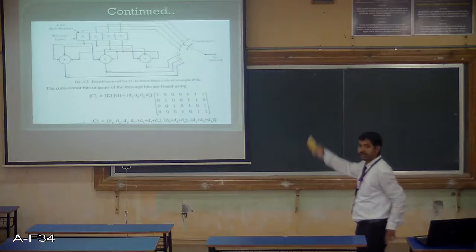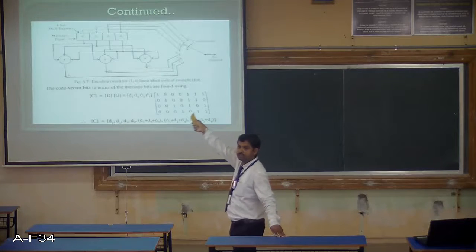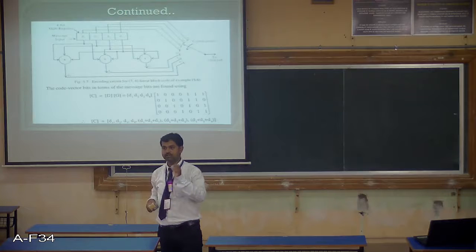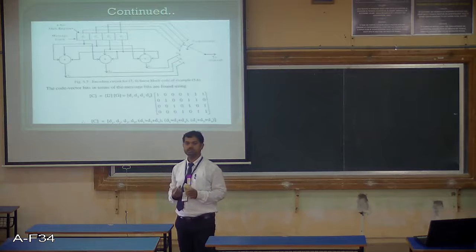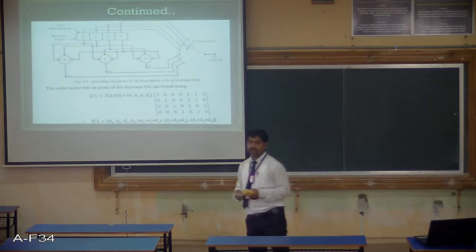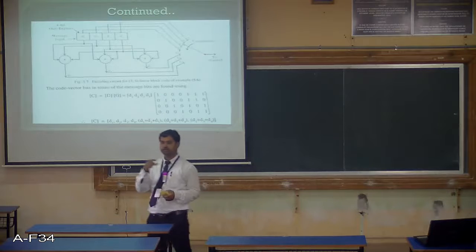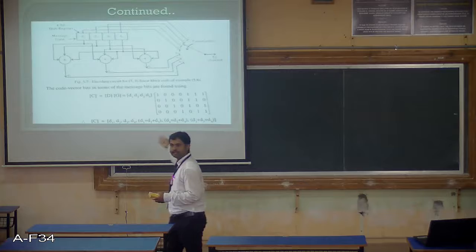I already did it here. So there will be a commutator switch. It will be continuously rotating to tap the status of each switch. So that will produce the 7-bit code word. This is the encoding circuit. Got it? There will be XOR adders. They have inputs which you can just take from the previous equation.